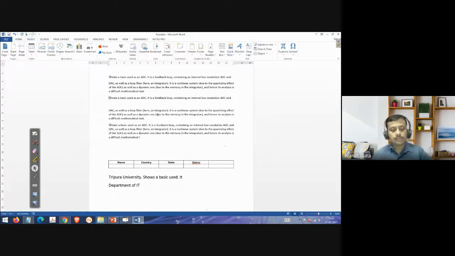I'll press the Shift button and the N button. The whole line is selected. Now, if I want to select it from the right side to the left side, I'll put the cursor on the right side and press the Shift button and the Home button. The whole line is selected.